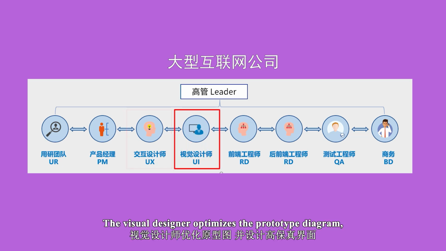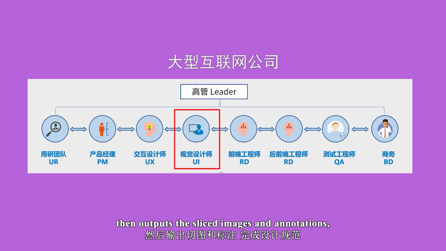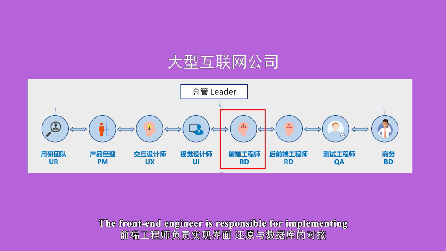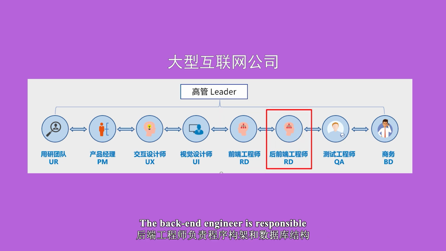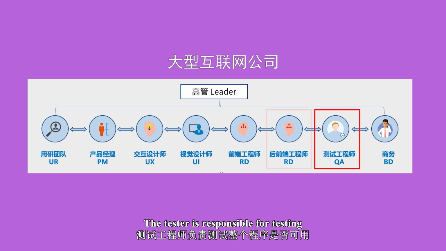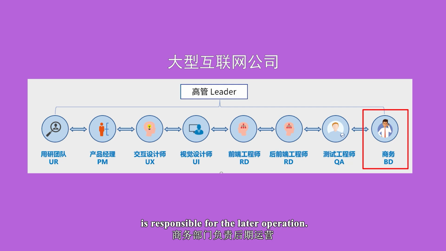The visual designer optimizes the prototype diagram, designs a high-fidelity interface, then outputs the sliced images and annotations, and completes the design specifications. The front-end engineer is responsible for implementing the interface and restoring the docking with the database. The back-end engineer is responsible for the program architecture and the database structure. The tester is responsible for testing whether the entire program is available, and the business department is responsible for the